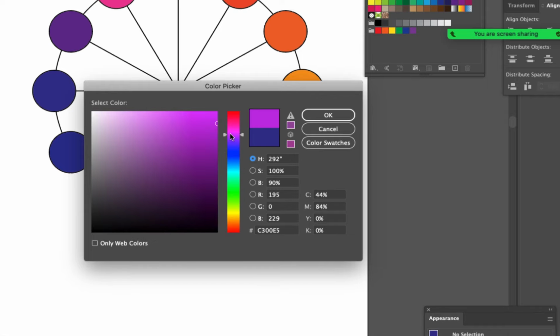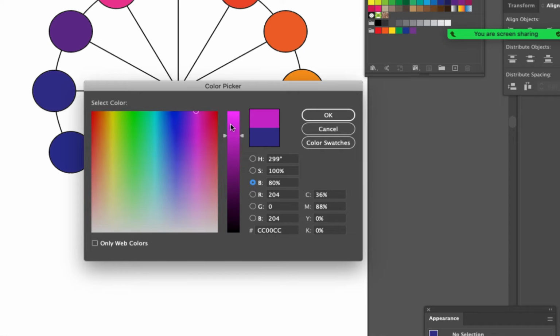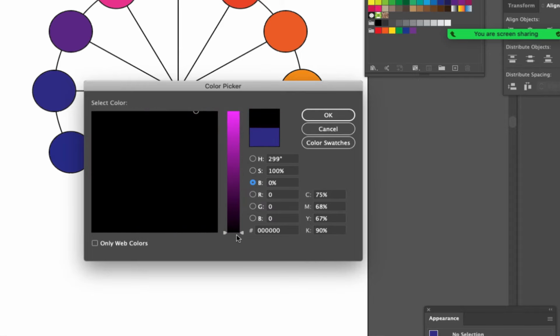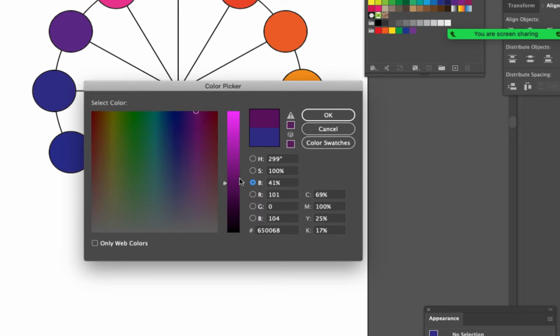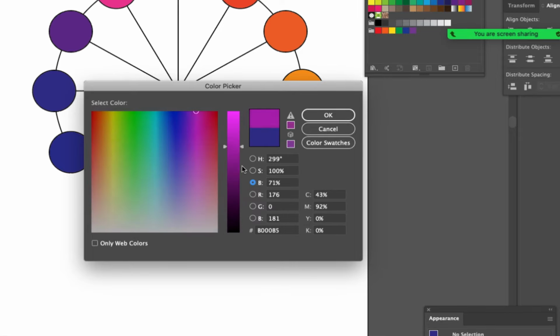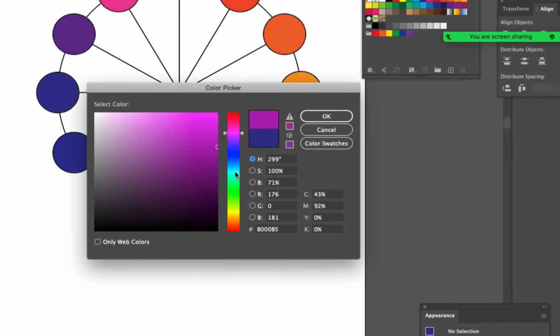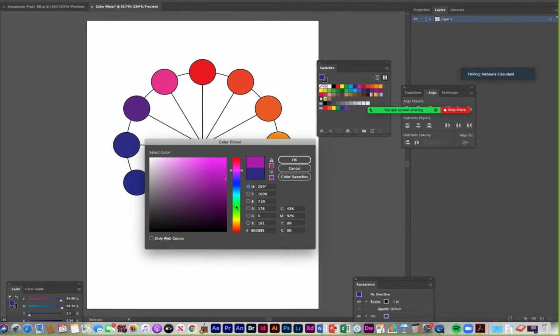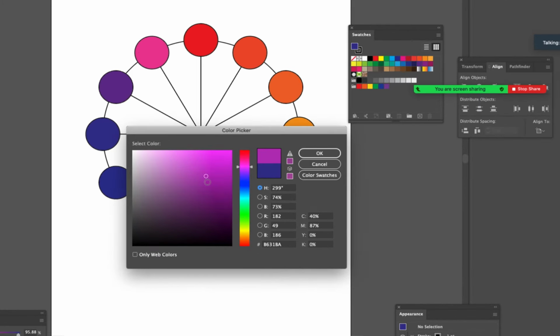And when I choose a color and switch to the brightness slider, you can see that here too. As I drag the slider up, the color's getting lighter and lighter and brighter. As I drag the slider down, I'm darkening the color down to black. So it's another way to alter color. You can switch the slider here, but I like to usually be on hue for this slider and then alter saturation and brightness together by dragging the circle around.